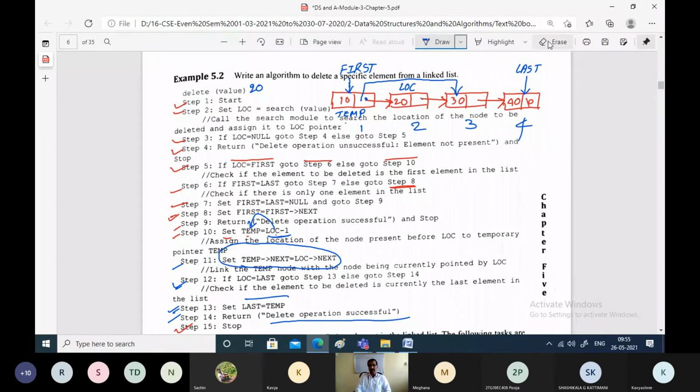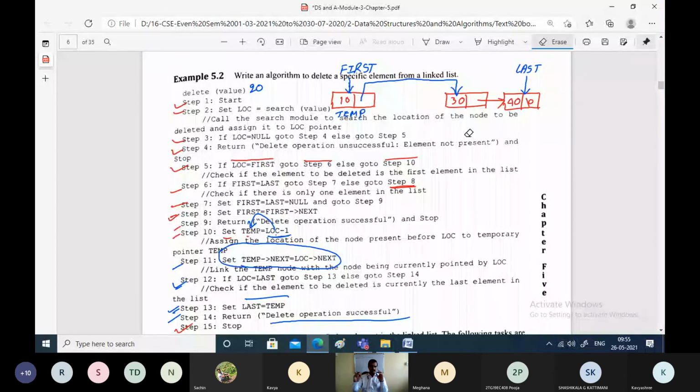After this, the scenario will be something like this for understanding purposes. We have successfully deleted the element. So these nodes are no longer required. What we have done here is deleted an element successfully from the linked list. Once we convert this to code, you can try all the possibilities very easily.